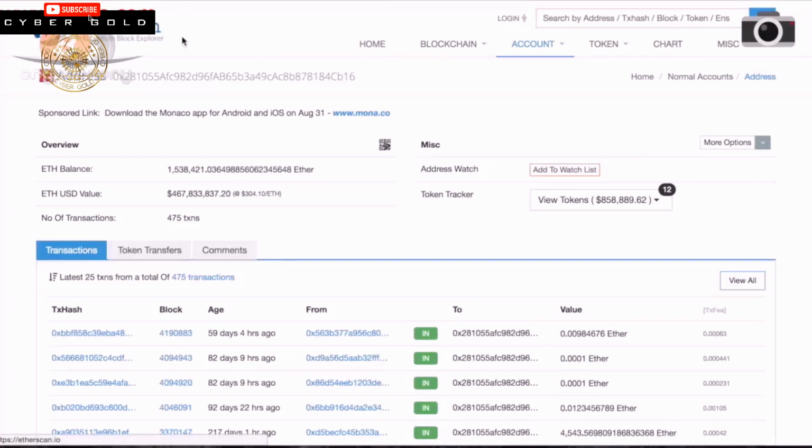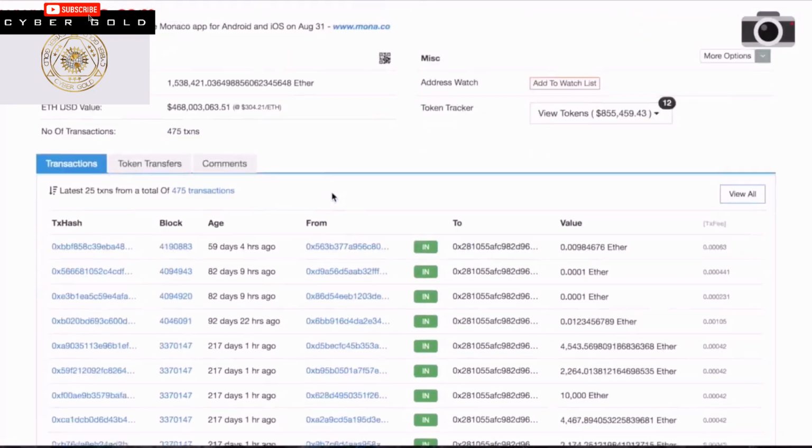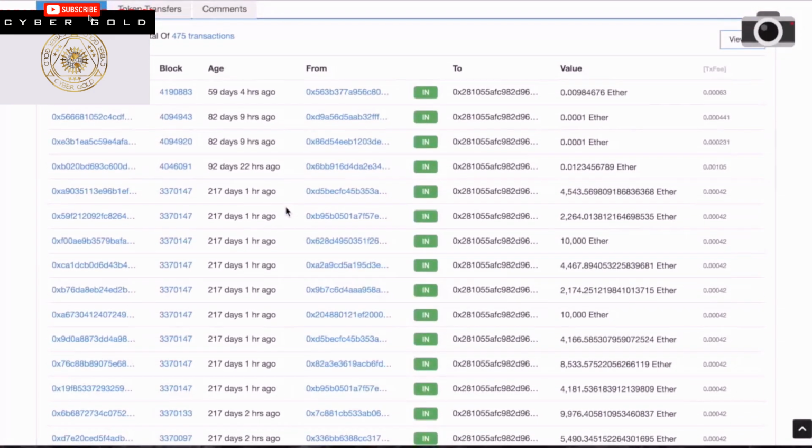By using a site called Etherscan, you can search addresses, transaction IDs, and even specific blocks. So with this Ethereum address being the public key for you all to see, we will enter this into the search bar. Immediately, the entire wallet details are brought up, including ETH balance, ETH value, and the number of transactions made from this address. Scrolling down, you can see this further in depth.